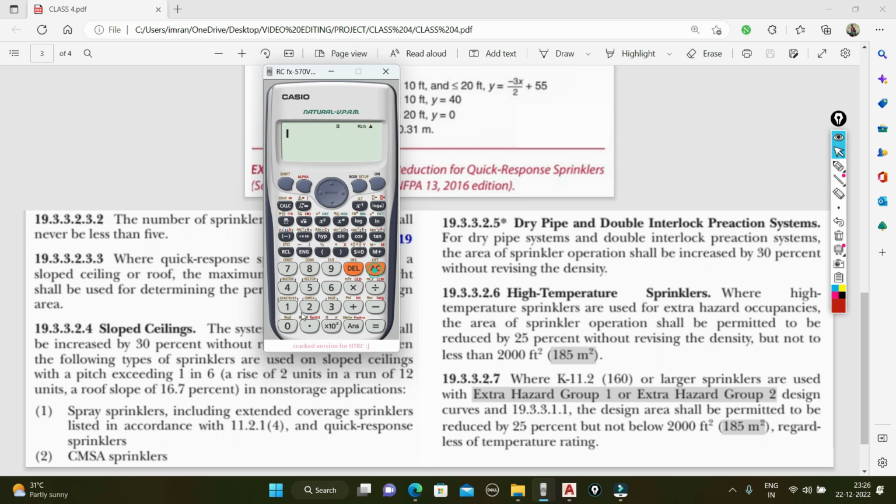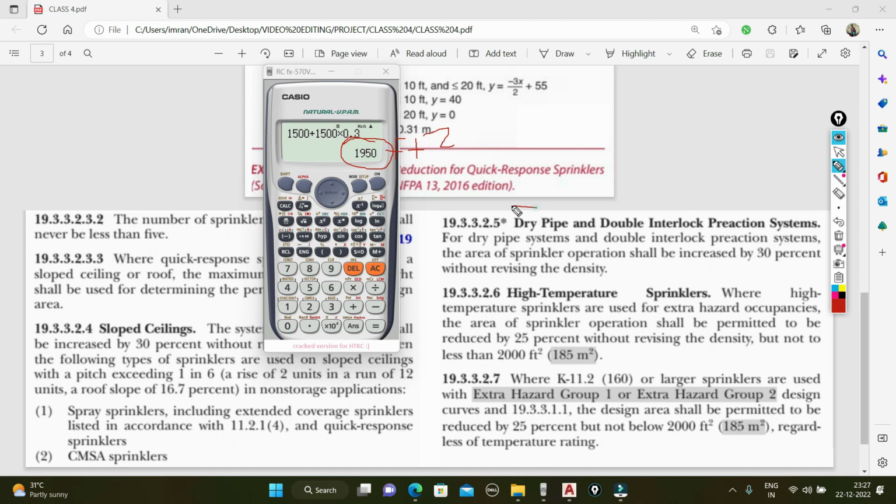It means 1500 plus 1500 multiplied by 30%. So our area of operation will now be increased by 30%. It means 1950 feet square. We will now consider 1950 square as the area of operation or remote area for designing our firefighting system,